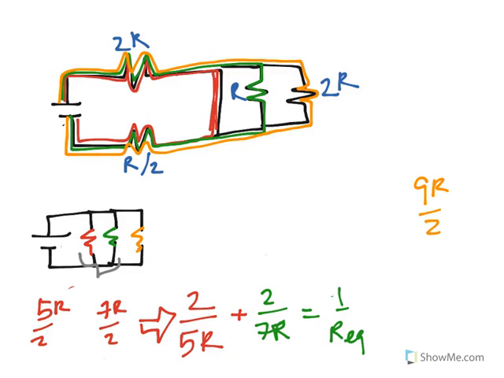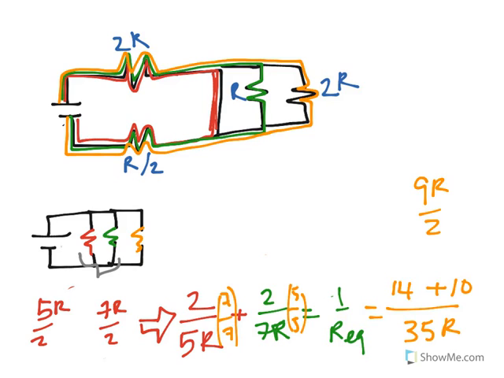We're going to have to multiply both sides so that they're easier to add. And we're going to end up with 14 plus 10 over 35R. So it's 24 over 35R. That's 1 over R equivalent. So R equivalent is equal to